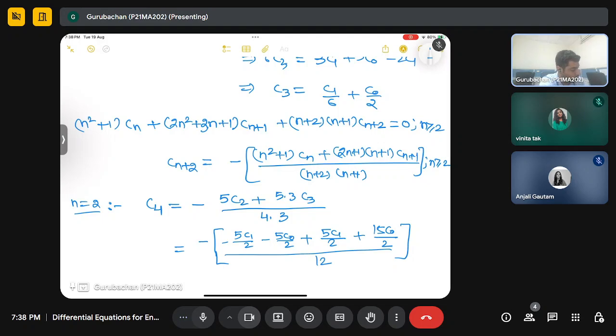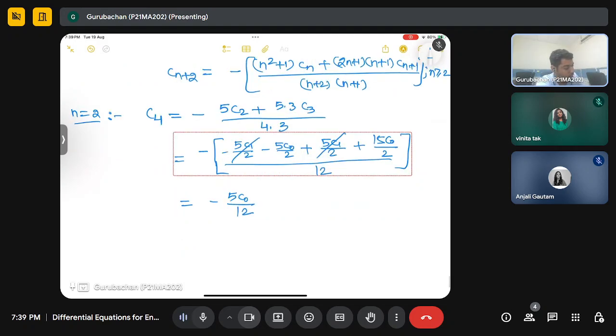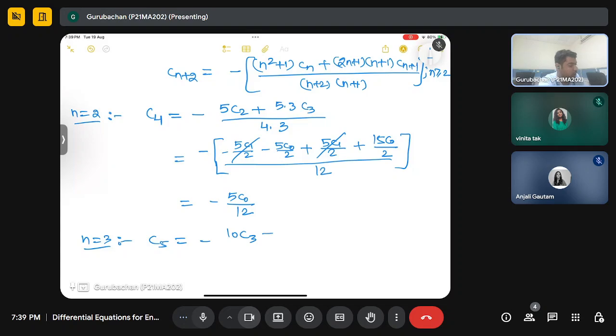Well, this will cancel out, plus this will give you 15 minus 5, 10. The answer will be 5 C0 divided by 12. While n equal to 3, we will get C5. When you put n equal to 3, this will be 10 times C3 plus 3 to the 6 plus 1, 7 into 4